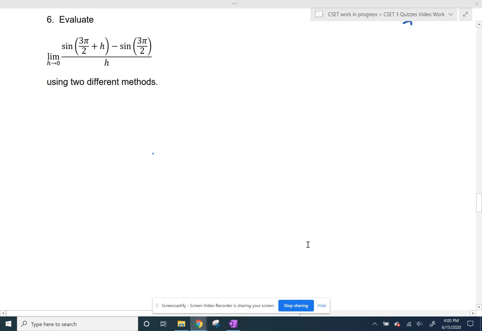Okay, so pretend you didn't recognize this as the definition of a derivative, and you're just like, it's a limit, I'm going to attack. So let's do that. Let's just try to plug in h is 0 and see what happens. So we would get the sine of 3 pi halves plus 0, and then minus the sine of 3 pi